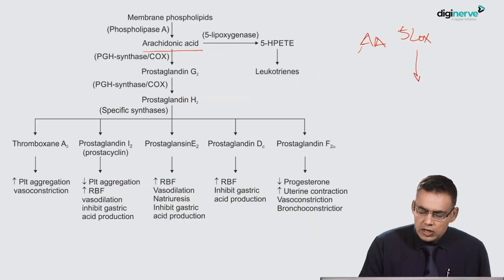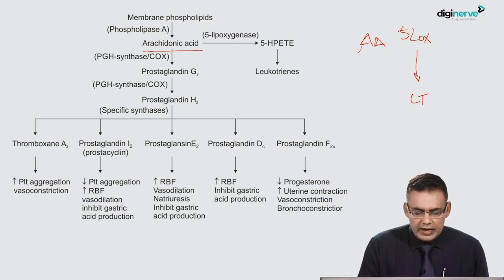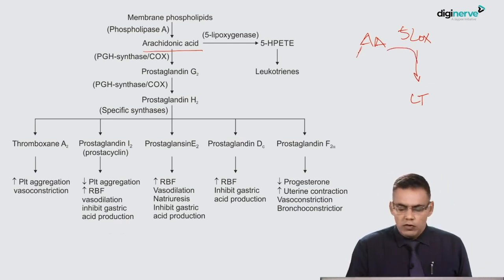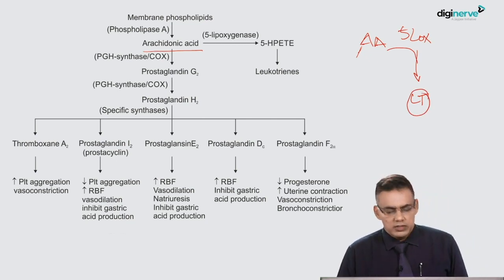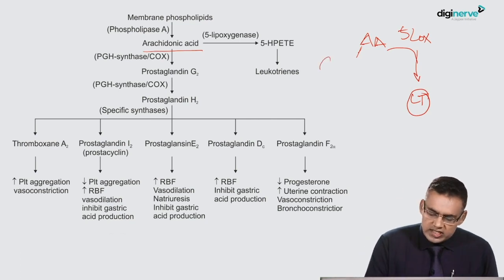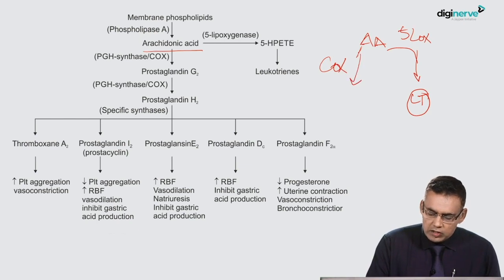It results in production of 5-HPETE, which ultimately forms leukotrienes. So as you can see, 5-LOX acts on arachidonic acid to result in the release of leukotrienes, and leukotrienes are also important mediators of inflammation. Arachidonic acid is also acted upon by cyclooxygenase, which results in the production of prostaglandins, that is prostaglandin G2, as you can see over here,